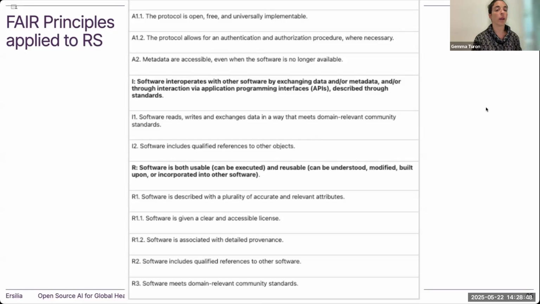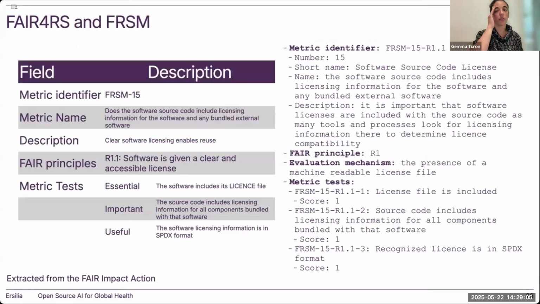Now the question is, how do we measure how well we are doing in each one of these subtasks, in I1, I2, R1, R1.1, R1.2, right? So how do we measure how any research software is actually scoring against this? So this F-UJI work team tried to deliver these FAIR research software metrics, FRSM, okay? I know, a lot of acronyms, confusing, but basically we have a set of metrics that have a definition, that are applied to one of the FAIR principles for research software that we've just seen, and that are basically divided most of the times in 3 tests, okay?